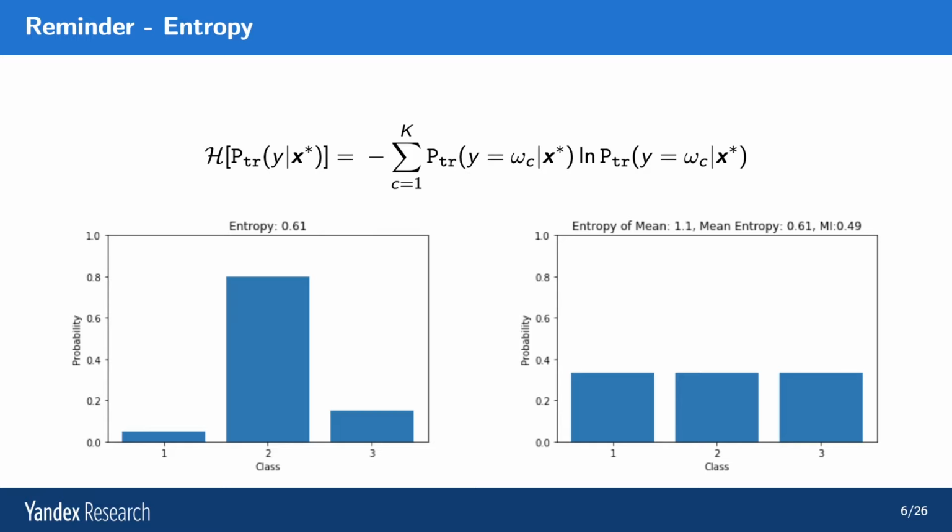So we care about a property or a measure called entropy of the distribution. Now, entropy is the expected negative log probability of a class. Now, when a distribution has low entropy,